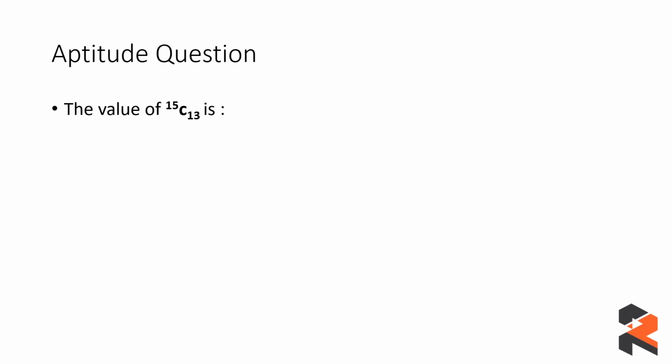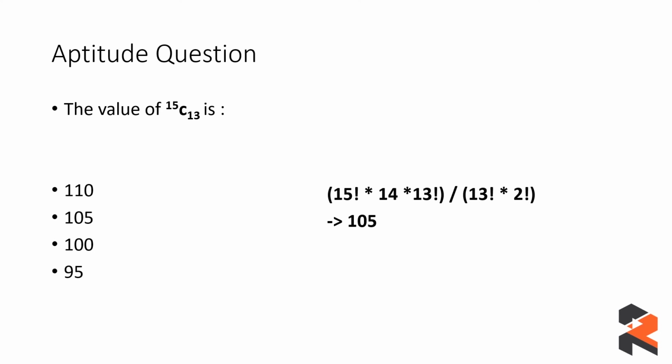Now in this case the question says the value of 15C13 is, and you have the following options. This is a pretty easy one, because you just have to use the formula for combinations, and you can solve it easily because you have 13 below. The formula for combinations is n factorial upon r factorial into n minus r factorial, where 15 factorial upon 13 factorial into 2 factorial is the resultant that needs to be evaluated. You don't need to evaluate all the way up to 1, you just have to evaluate up till 13 factorial, and then the 13 factorial in the denominator gets cancelled. So you know how to solve it efficiently.